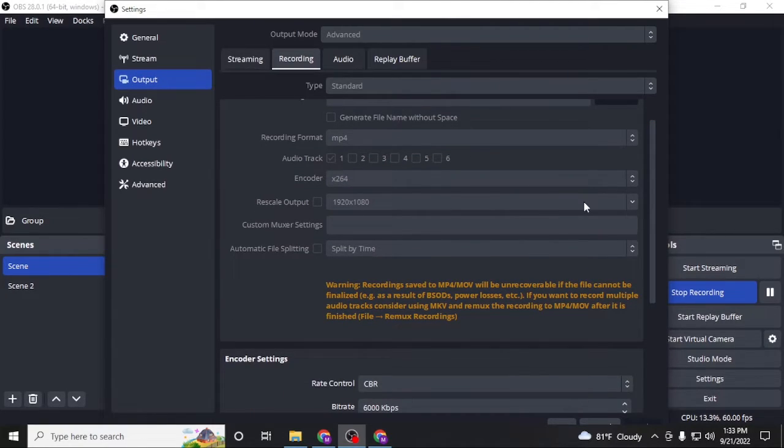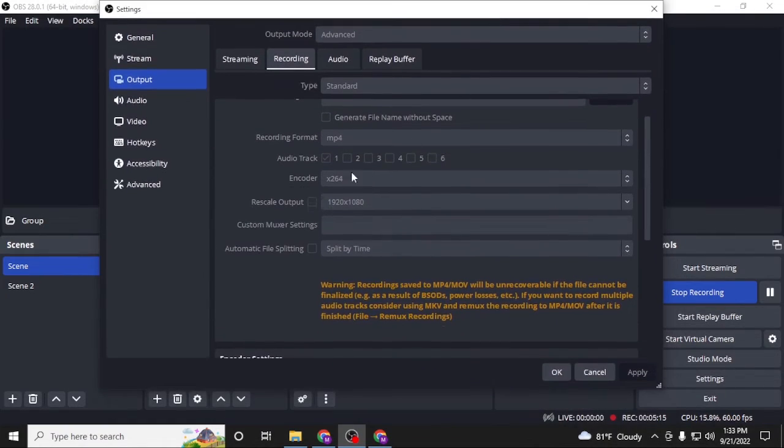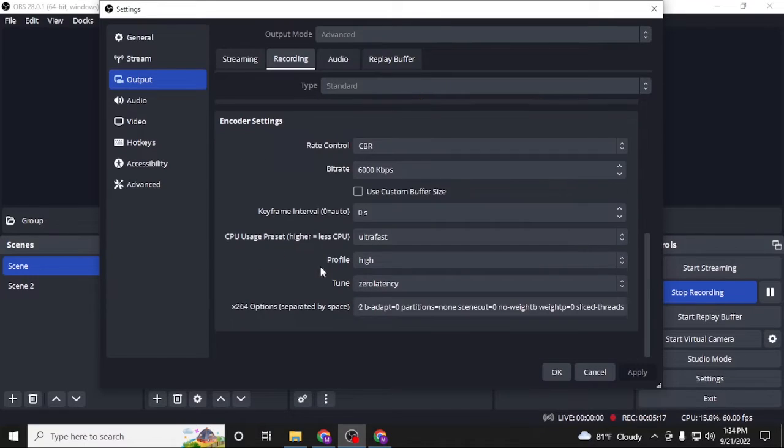I'm still recording on the OBS Studio, that's why it's still on 1920 by 1080, because I'm not able to change it, but you will be able to change it any time you like. And after that, you can see all of these settings over here, and these are your encoder settings on your video. If you want, I recommend you put a bitrate of 6000 kbps, because YouTube and Twitch, those streaming platforms, require a minimum of 5000 kbps, and if you put it to 6000 kbps, it will